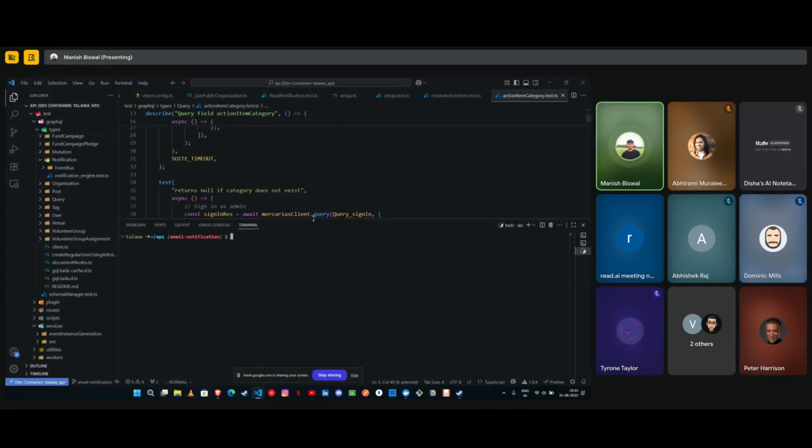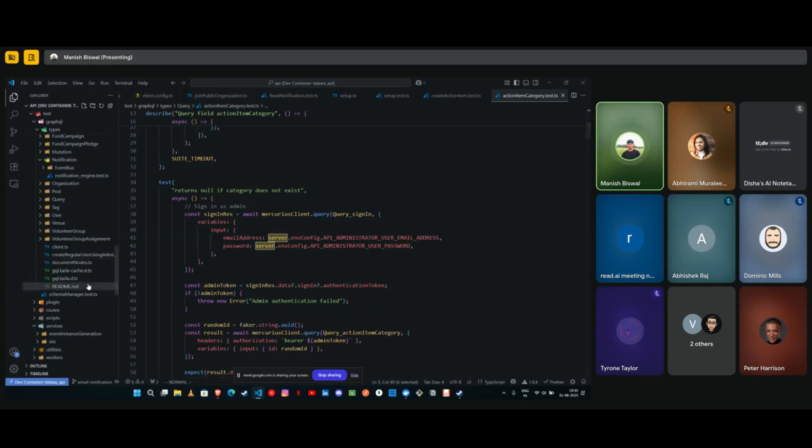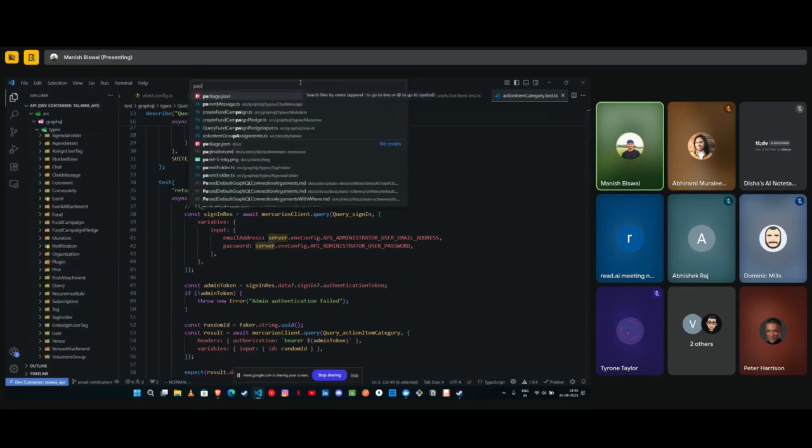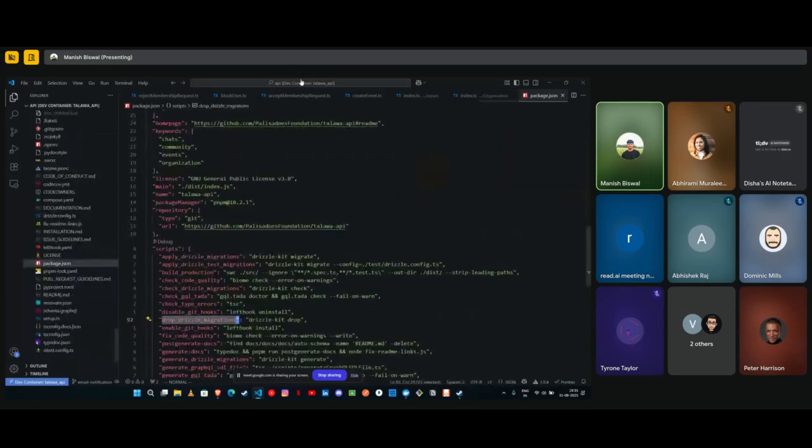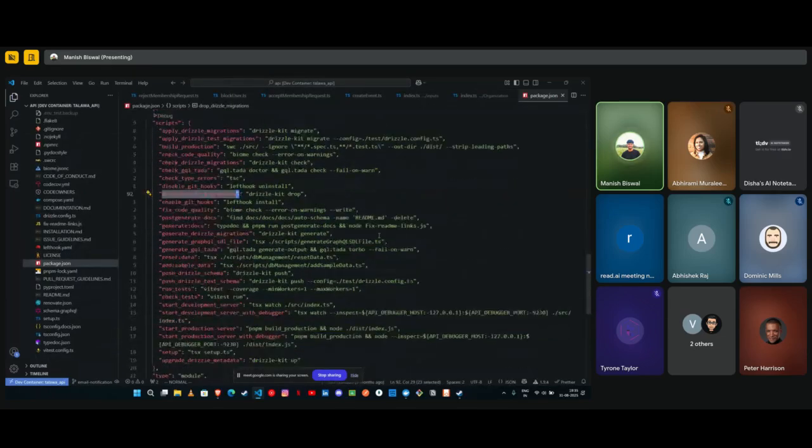But when it was running in the CI pipeline, it was failing. So I had to do a workaround. I made the test run single thread only. For now, it won't fail in the CI pipeline, but